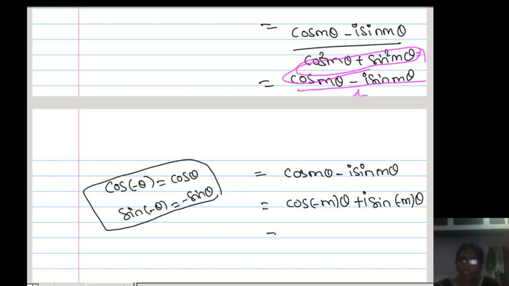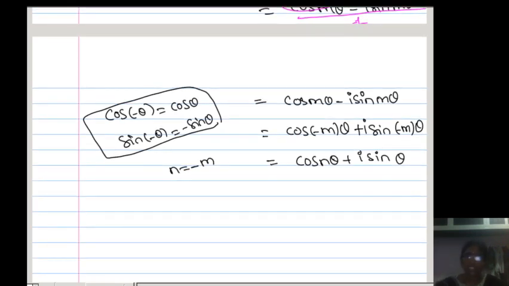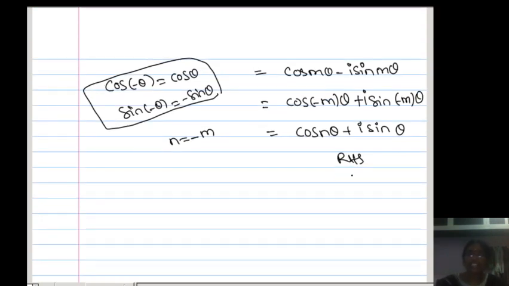Okay. So finally, what is minus m? You know n is equal to minus m. So replace minus m by n: cos n theta plus i sin n theta. n equal to minus m, we assume. This is what the RHS is. So what happens if n is a negative number, n equal to minus m? We take n as a negative number, then also if n is a negative integer, we proved LHS is equal to RHS.